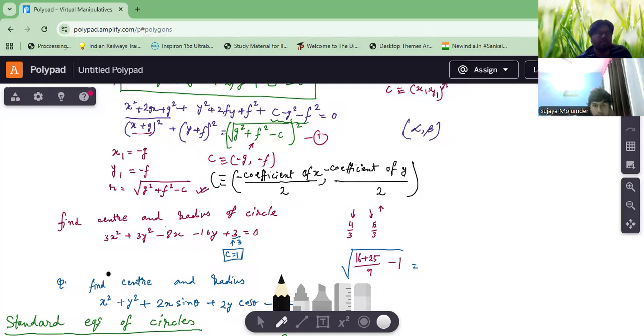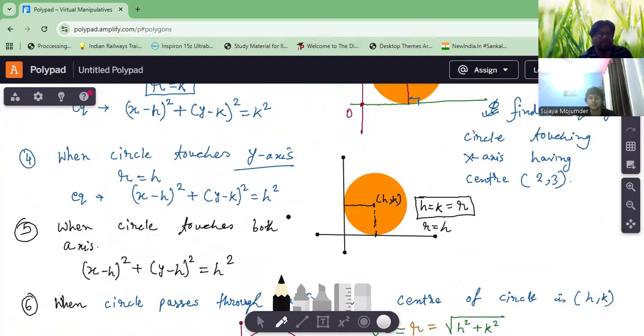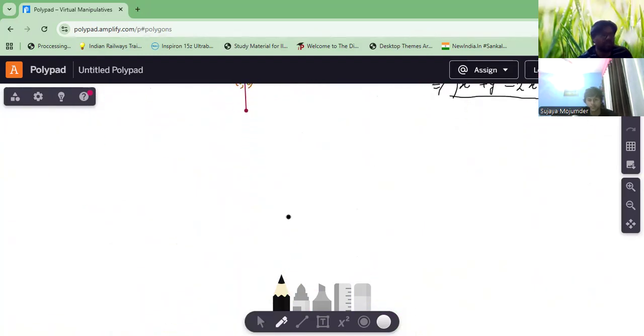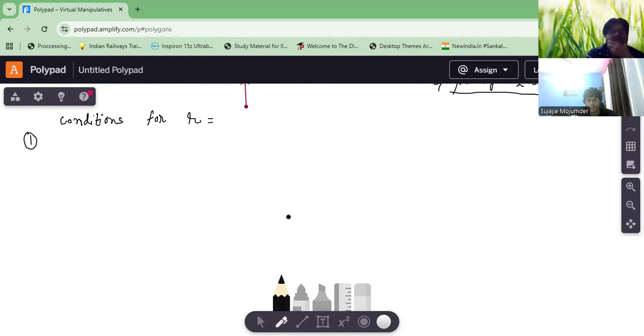Now moving back to the conditions that we are going to use. So what we can say, conditions for R. And R is equal to what? Root over G square plus F square minus C. Okay. The first one is if